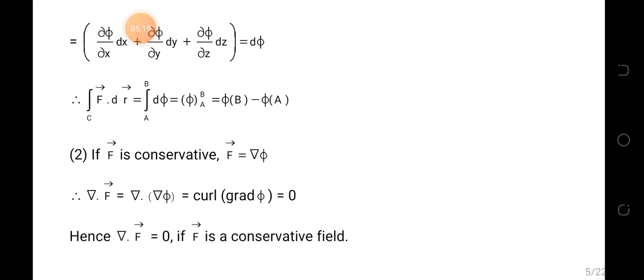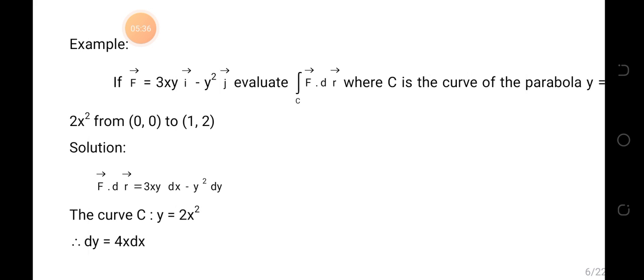So we already know that in the case of irrotational and solenoidal fields, solenoidal means del dot F vector equals 0. So that is the meaning given here. Since by the explanation F vector is conservative, this is just the second note. And then an example for the line integral.